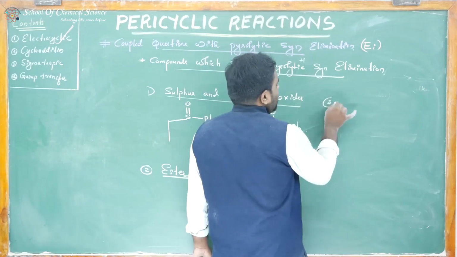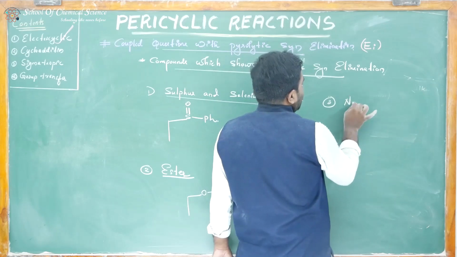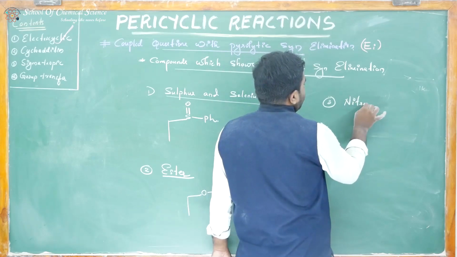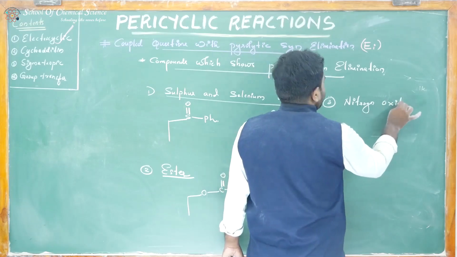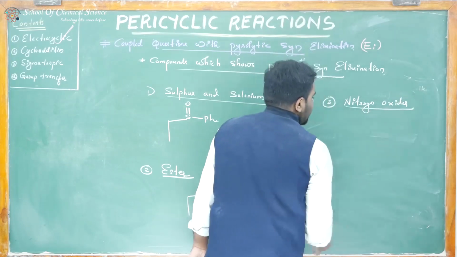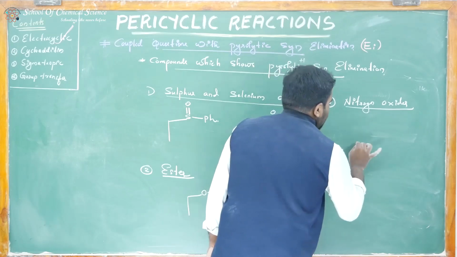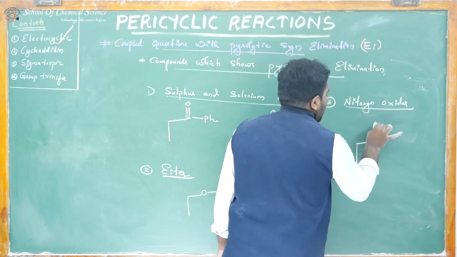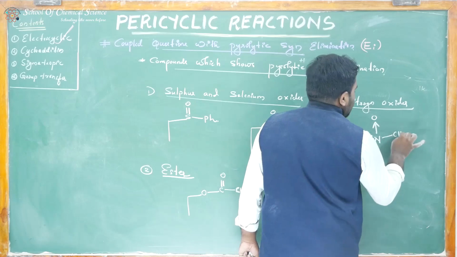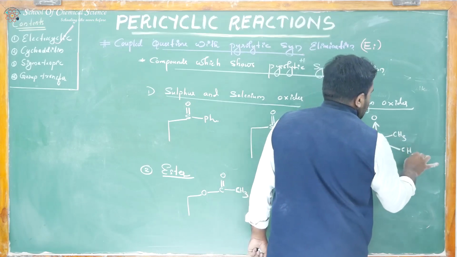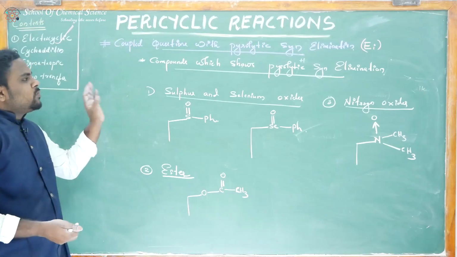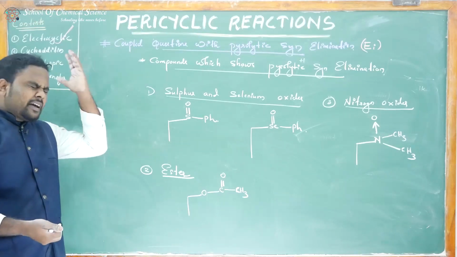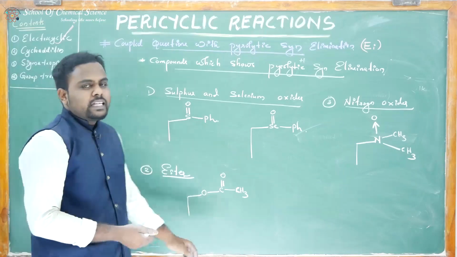Then the next compound, nitrogen oxide, that is N coordinate bond O CH3. So these are the four typical compounds that show pyrolytic syn elimination, a favorite question of CSIR NET and GATE